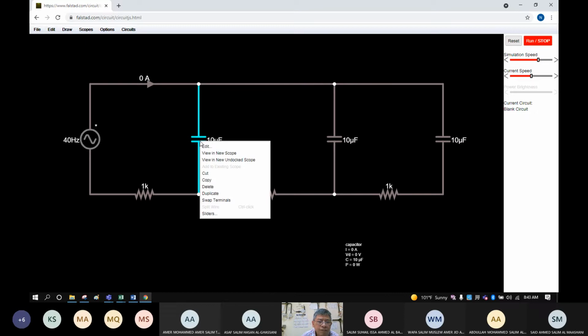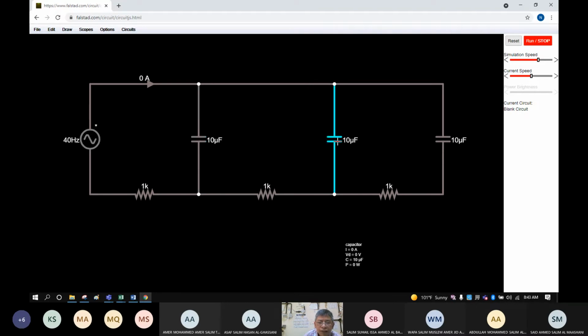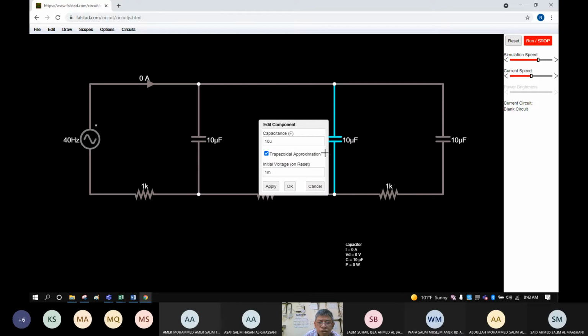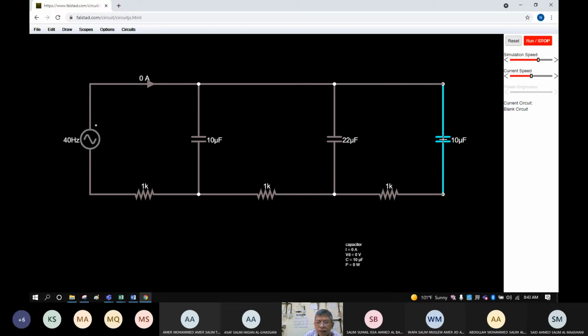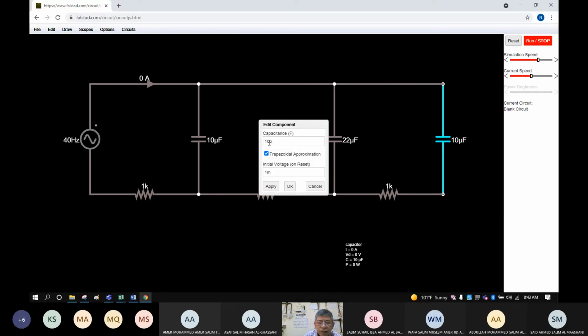So what is our capacitance? 10 microfarad, but you change this to 0 volts. Then this is 22, it is a constant, as 22 microfarad, then this is equivalent to 0. Then this, right click, edit, make it as 47. This is 47 microfarad.